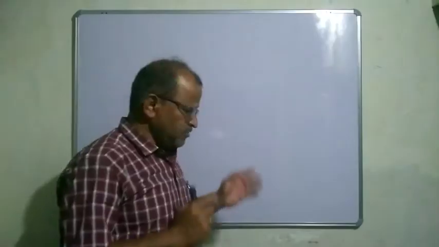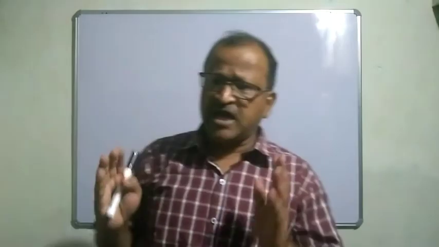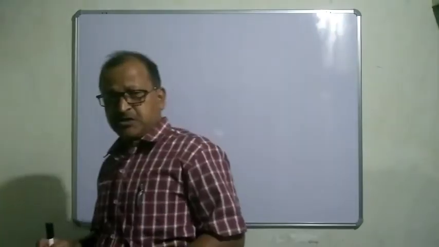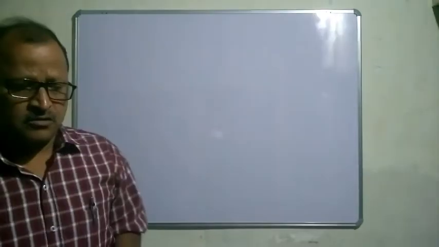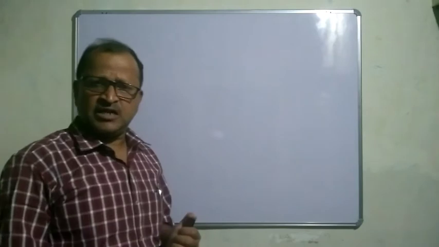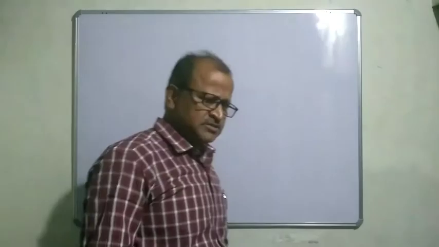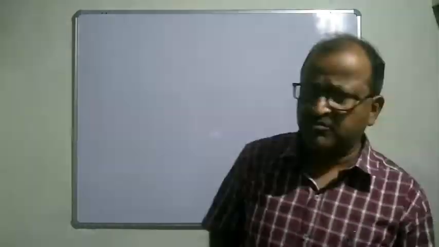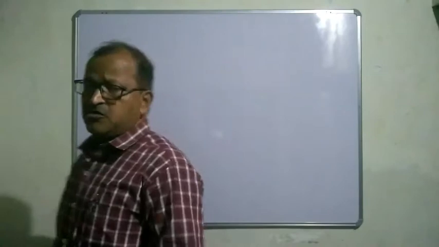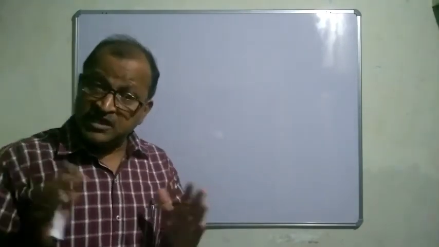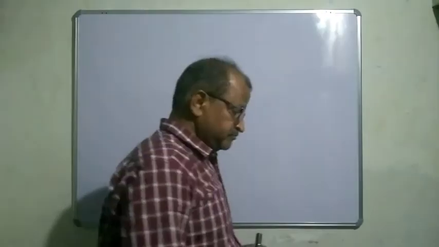Hello students, in your vector chapter we have perhaps read the types of vectors: zero vector, null vector, parallel vectors, then like vectors, unlike vectors, collinear vectors, equal vectors, negative of a vector. Like this we have read it. Today we will discuss about what? Yes, also we have read the inclination between two vectors.